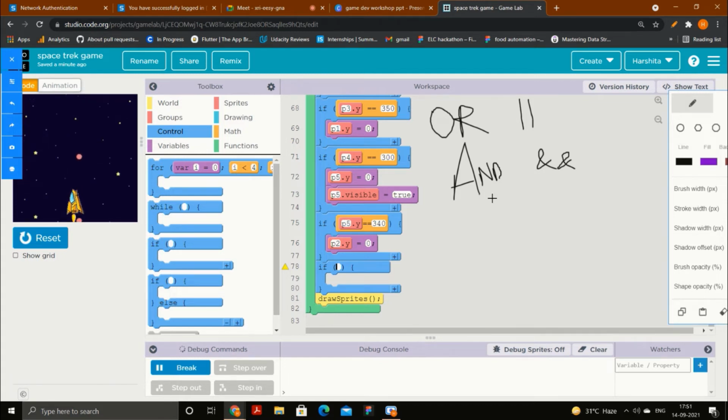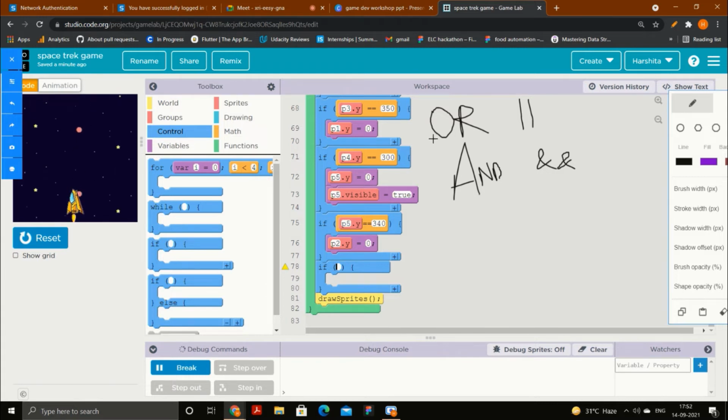See, there is a part here. Please try to understand it. I'm saying that if the rocket touches any of the 5 planets, in other words, if the rocket touches planet 1, or planet 2, or planet 3, like that. So here I am setting a condition that if the rocket touches any of the planets 1, 2, 3, or 5, any one of them, then there should be a game over.